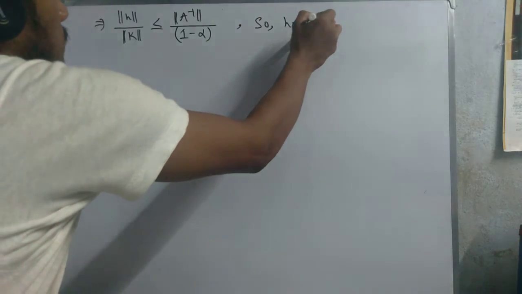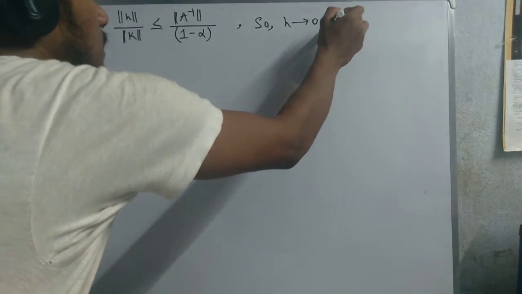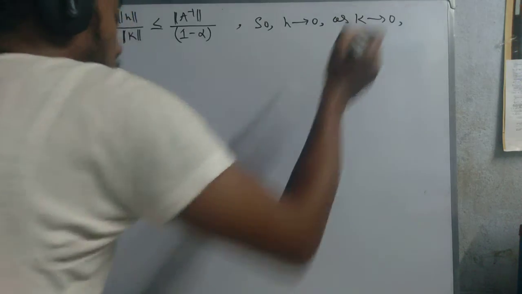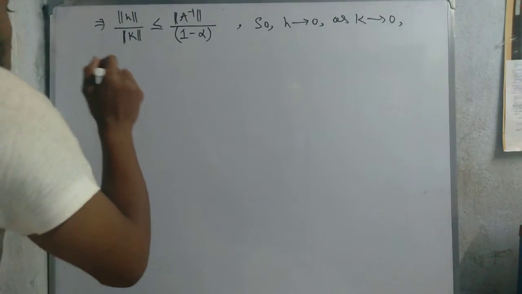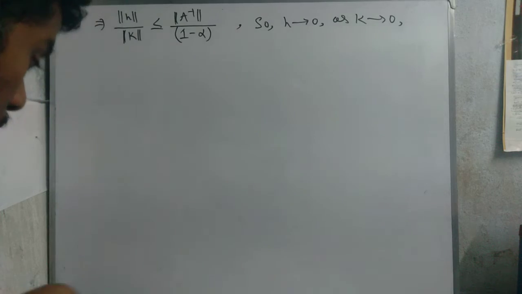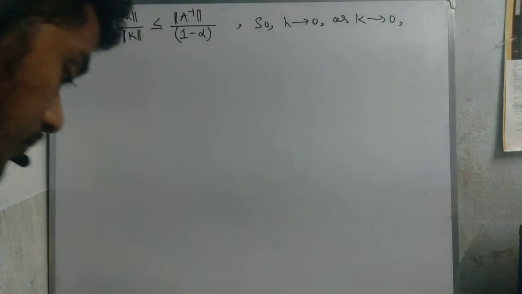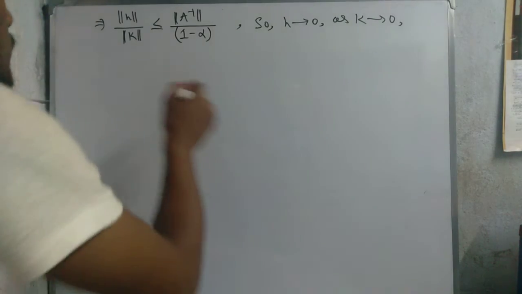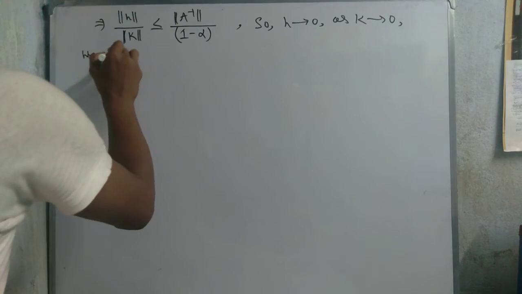So h tends to 0 as k tends to 0. Okay, we get now